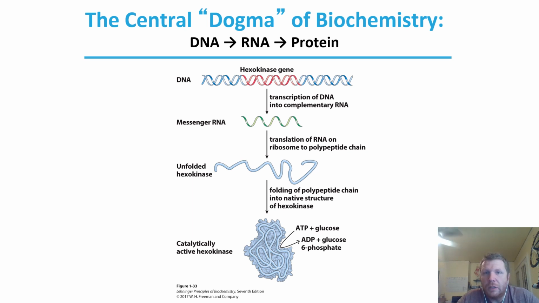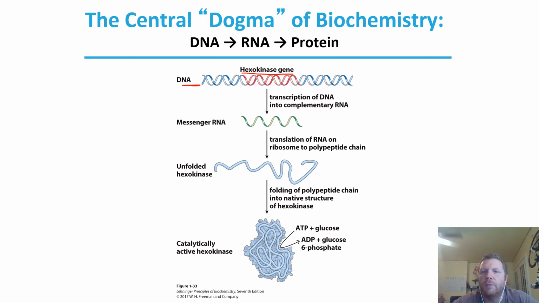And so I wanted to bring this terminology up. I've always known it as the central dogma of molecular biology, but the central dogma of biochemistry is DNA is our genetic material, which is transcribed into RNA, which is translated into proteins. So what we've got here is basically a little flow chart. We've got DNA. So here's our double helix. Here is our hexokinase gene. That hexokinase gene is